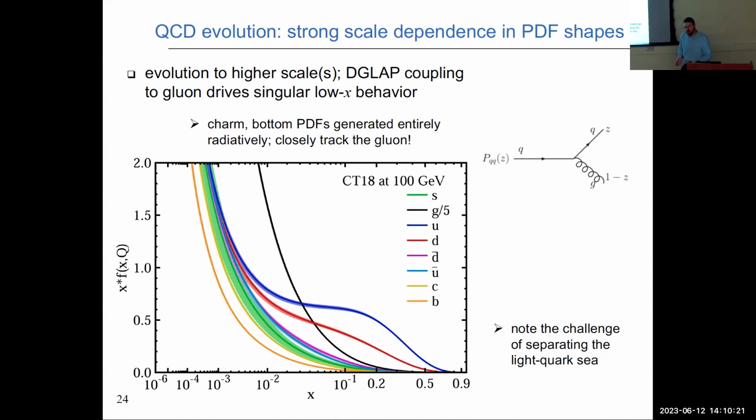What you could also notice if you look at this slide very closely is that I can clearly see that it's quite challenging in general, especially as I go to lower x, if I want to actually separate and have some understanding of the flavor dependence of the PDFs and try to actually distinguish, for instance, the strange from the lighter quark sea, that is the anti-up and down PDFs. It's very, very tricky to actually try to do.